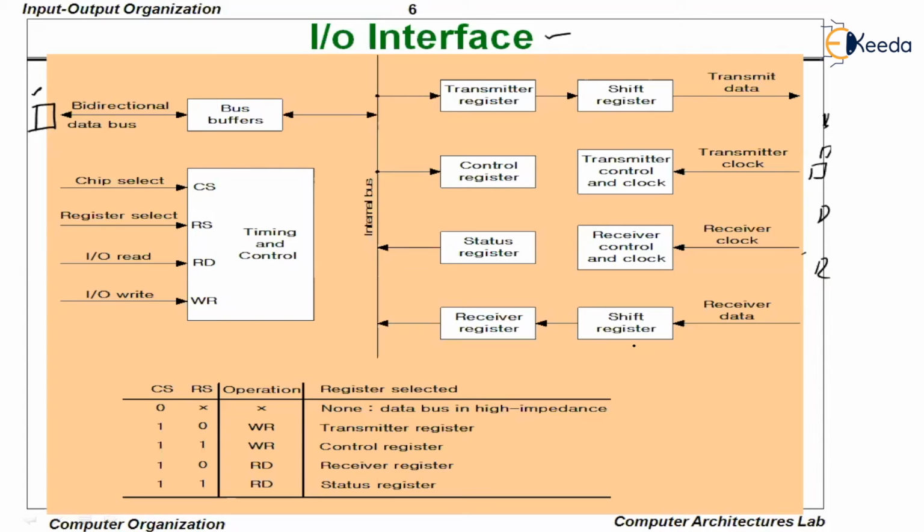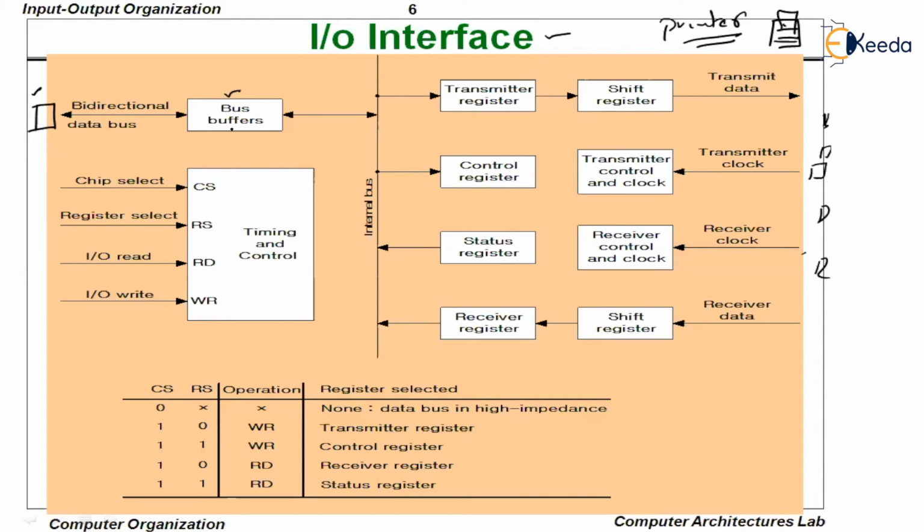Okay, now let us understand in what way this is going to happen. CPU wants to transfer, let us say, CPU wants to take a printout from the printer. Now CPU is trying to communicate with the printer. For that, CPU needs to send the data, output data, to the printer. We will talk about this later. Let us see how this is going to happen. Initially, the CPU is going to send the data into the bus buffers.